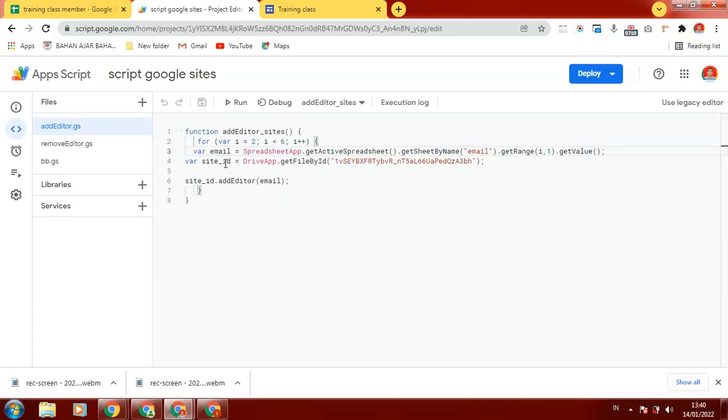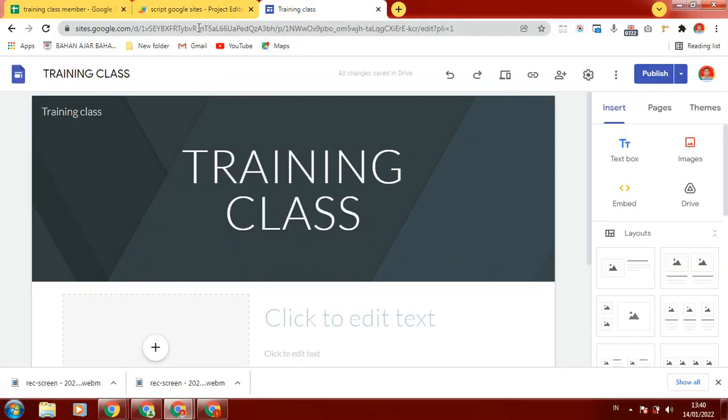We can create the site ID variable: DriveApp.getFileById. We can get the ID of the Google site by copying the ID from here, after the D until here.